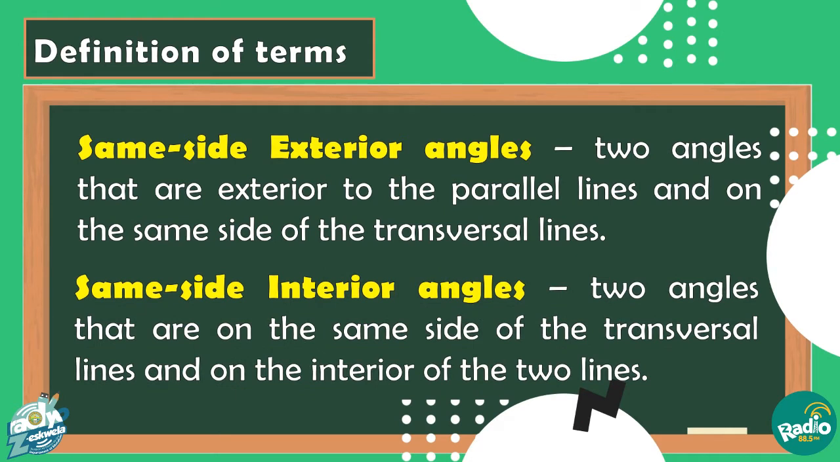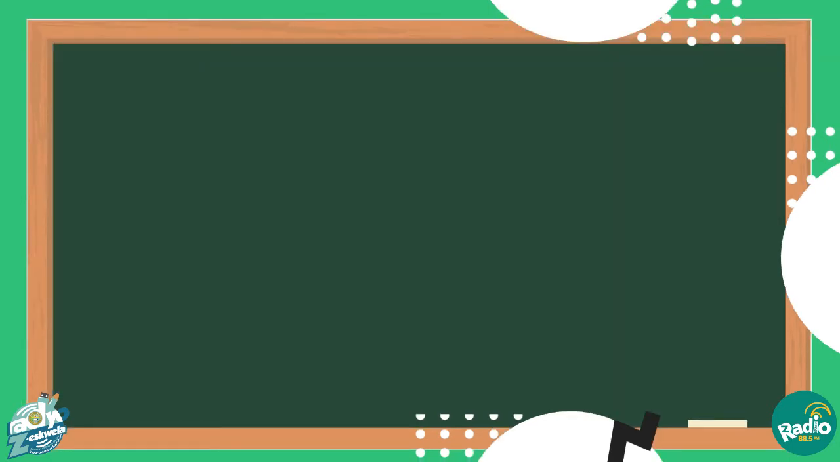While the same side interior angles are two angles that are on the same side of the transversal line and on the interior of the two lines. To illustrate, using the same figure,